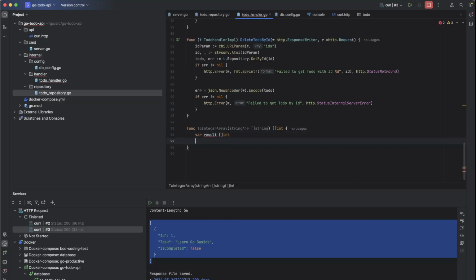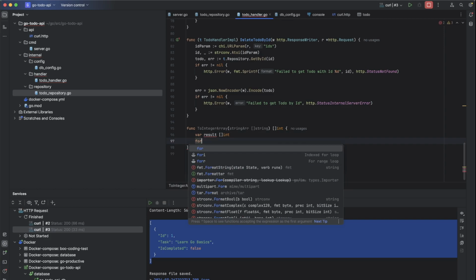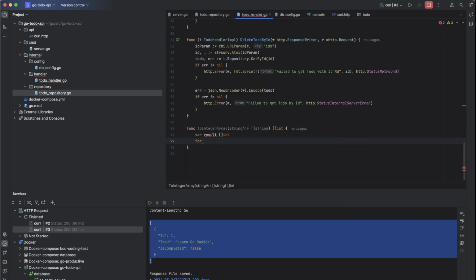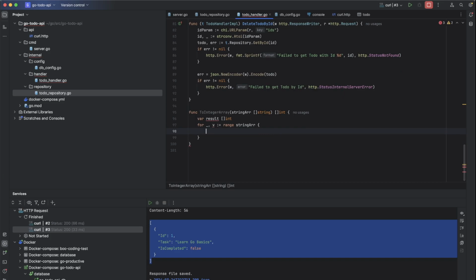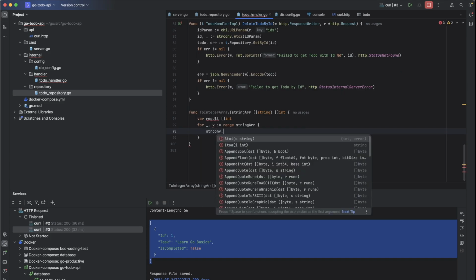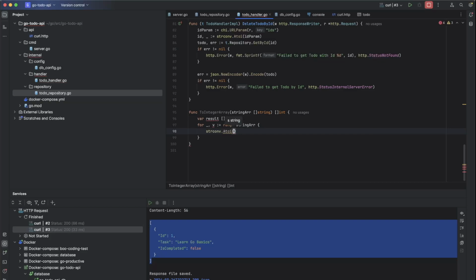Then we will iterate the string array one by one, for key, value from the range of string array, and then converting strconv.Atoi of the value, because the value will potentially contain white space.